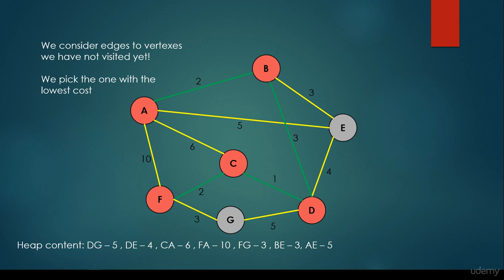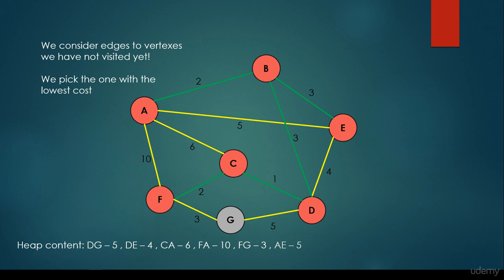Okay, so we have the heap with 1, 2, 3, 4, 5, 6, 7 edges pushed into the heap. So we select the minimum one. We have 2 edges with the same edge weights, so we choose at random. For example, the edge where the start vertex is B and the target vertex is E. We add it to the minimum spanning tree.